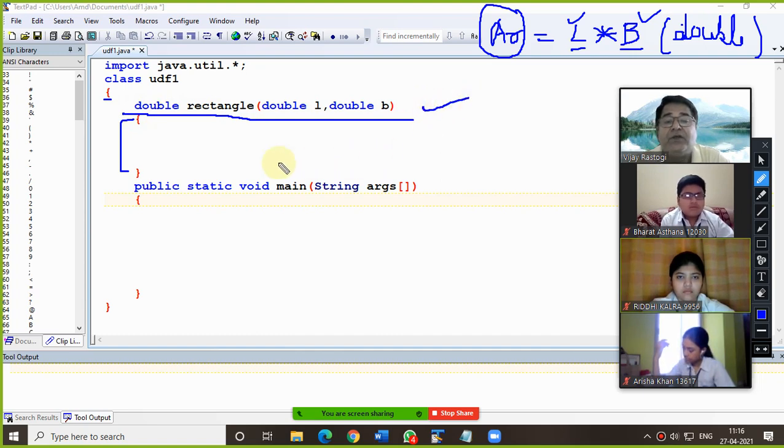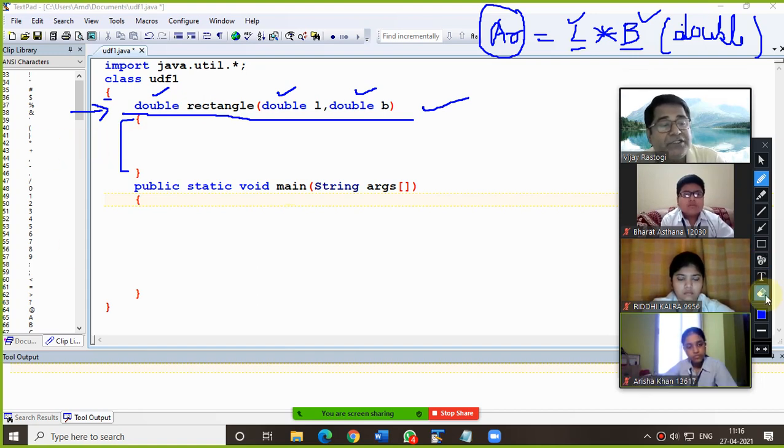So Arisha, will you tell me how many data types we are using in this line, beta? Just count it. Sir, we are using double. How many times? 3 times. Absolutely fine. So in this line, how many data types are we using? Only one data type, that is double, like here, here and here. But how many times? 3 times. So this is very, very important, everyone.